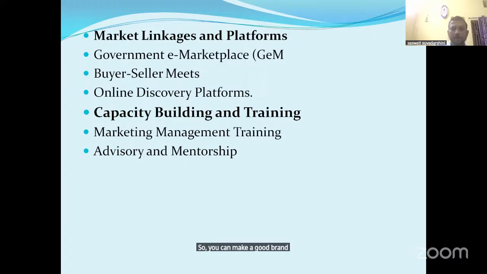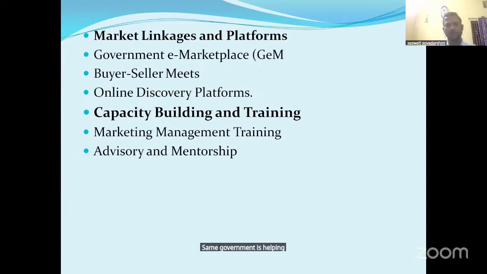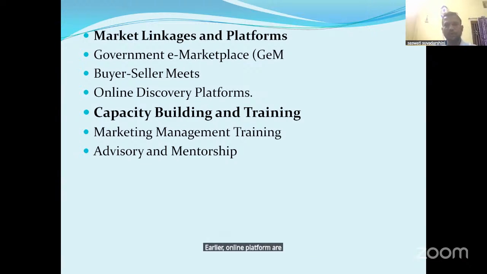Otherwise, it may be in a different way. Then marketing linking platforms. The government is helping with linking between the buyer and seller meet. They're doing different kinds of buyer-seller meets. Online platforms, as I have told earlier, are utilized to help the business units. So government e-marketplace, online marketing. The government will support the